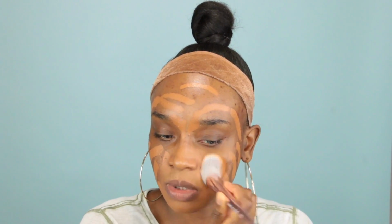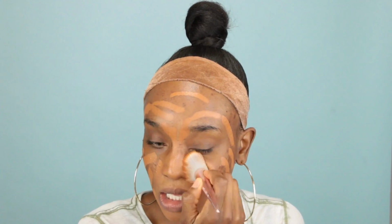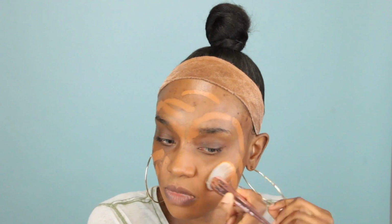Another thing, as I'm blending this in, the foundation just looks super dry and cakey on my face. No matter what primer I use, you guys know I like a dewy, wet looking face. No matter what primer I use under this foundation, it just looks super